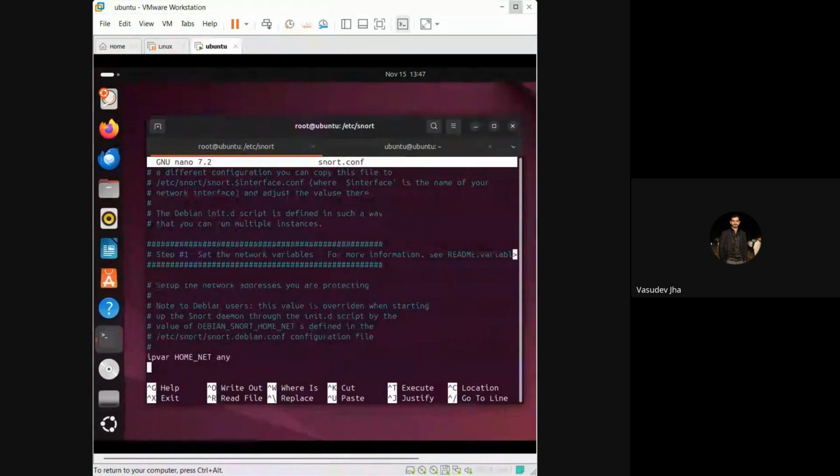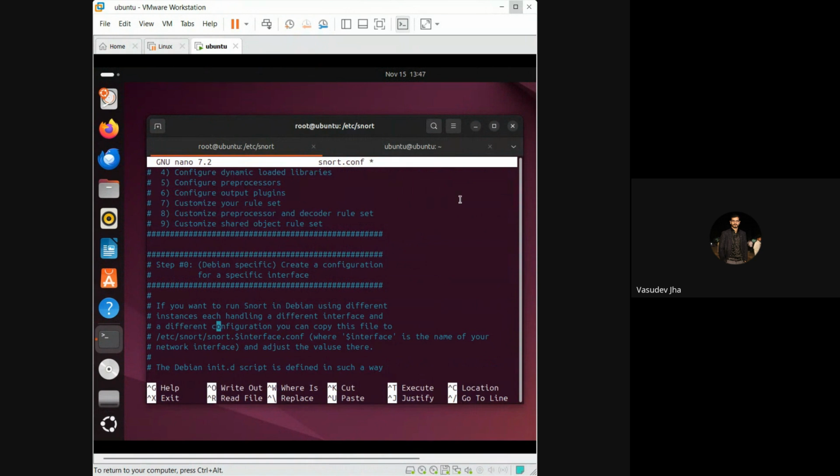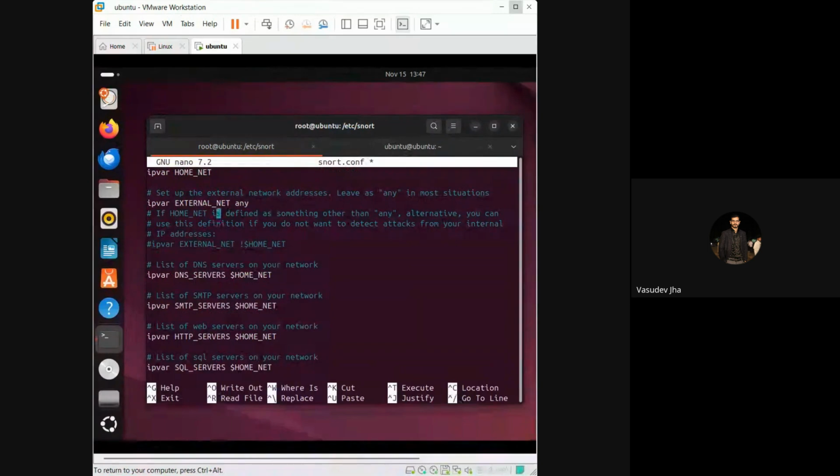You need to set the network variable. So here for HOME_NET we have any. Instead of the HOME_NET, you need to change this to your own IP address. So here I am using my own IP address